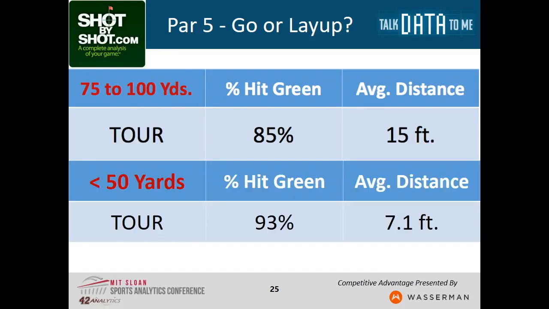From less than 50 yards, so they've gone for the green in 2, first they can hit it, then that's almost a guaranteed birdie and opens up eagle opportunities. But from the short game opportunities, if they miss the green, they hit the green 93% of the time to an average of 7 feet. They've just cut their errors in half, and their average putting distance in half. So my message is, if there's no obvious downside, if there's no out of bounds, if there's no looming water, go for the green every time. And Zach's numbers are actually even better than this because he's got a great short game.